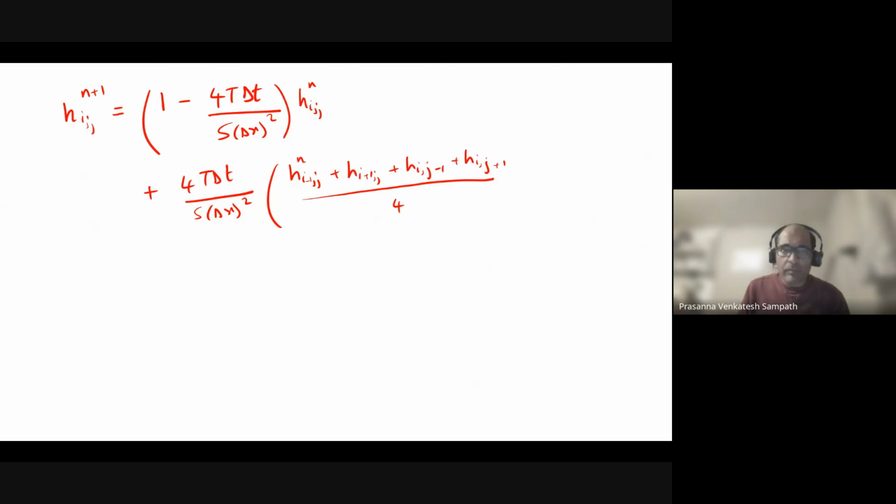Now all of these will be at the nth time step. Plus whatever times w delta t divided by S into a, the area of the cell. Okay, so this would be